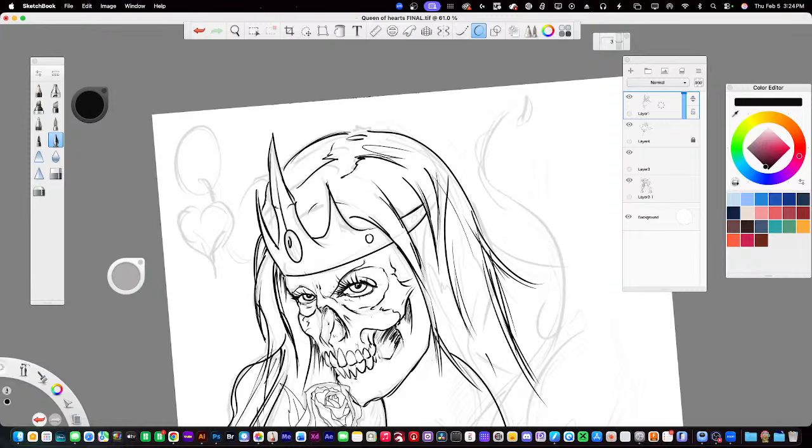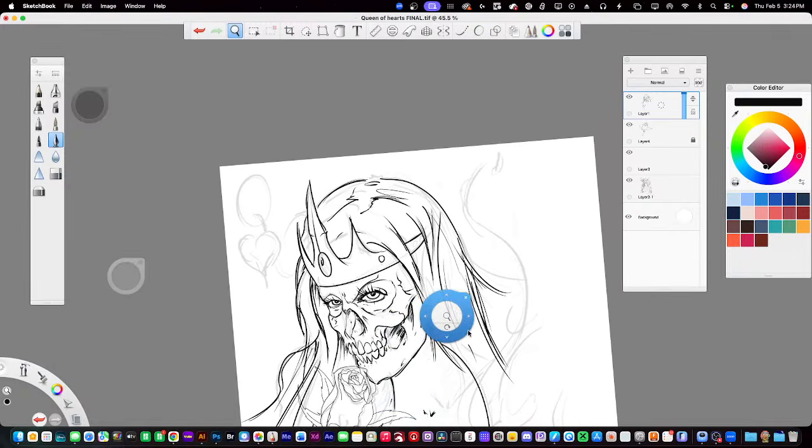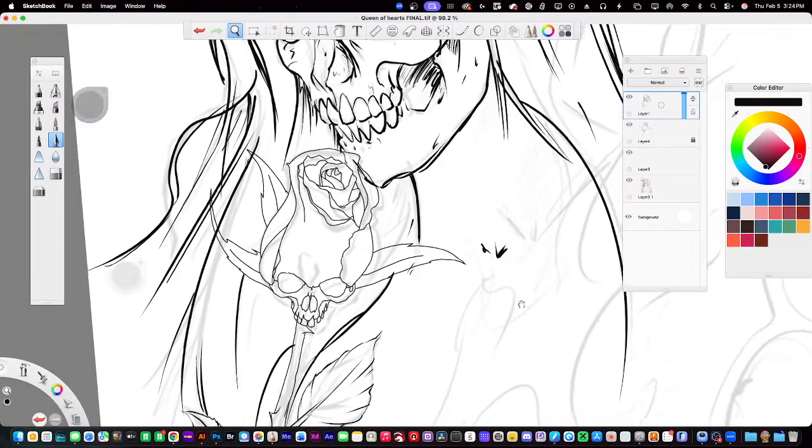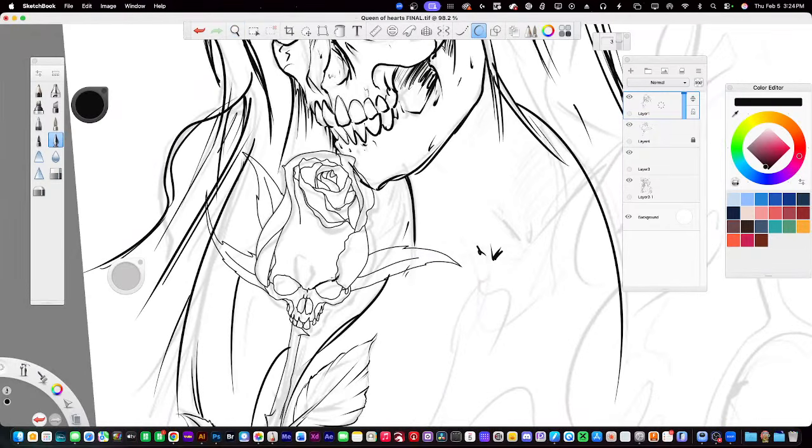Inevitably someone will see the finished painting and say, oh, you used AI for that. It's like, no. I did start from a photo reference of a girl with a sugar skull face, and then created my own from there. Alright, so that'll be good. So this will be the skull, the rose.